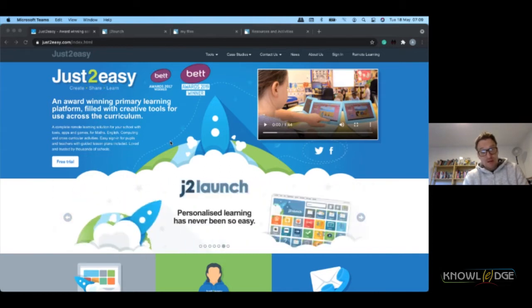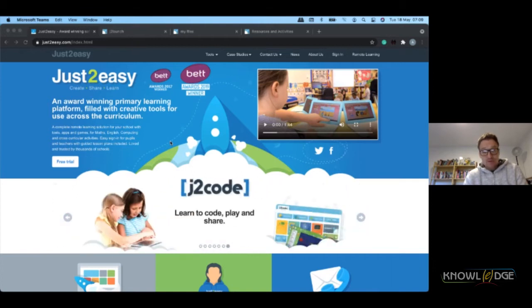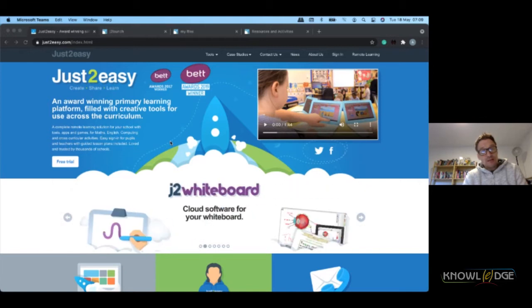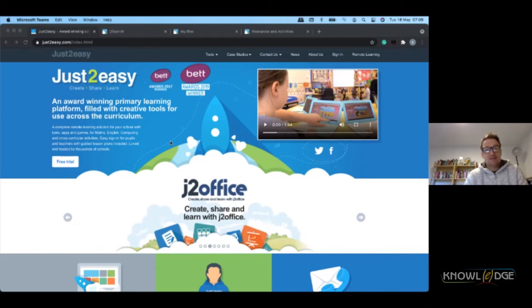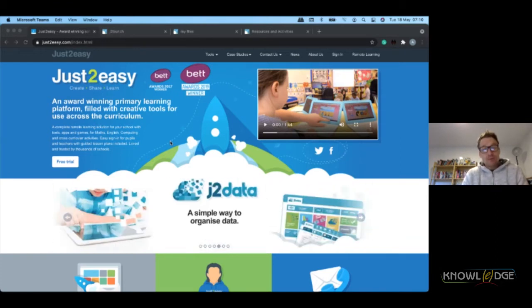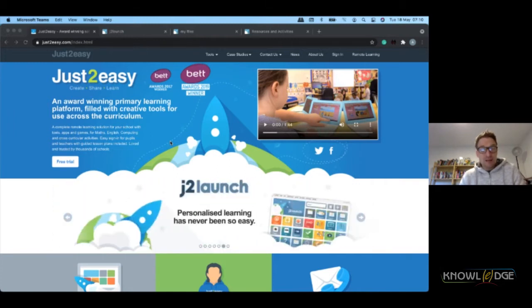We also provide our tools to every single school in Northern Ireland, over 1,000 schools, to support and enhance not just maths but English, science, and all subjects on the curriculum, whilst also providing a portfolio system and a platform for remote teaching and learning.